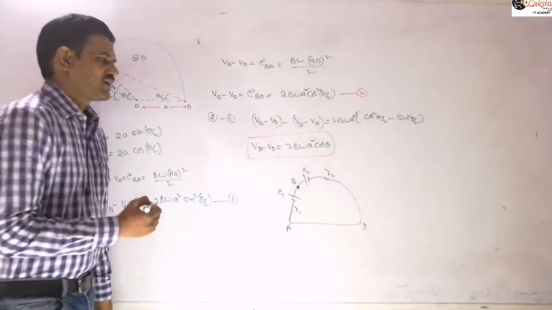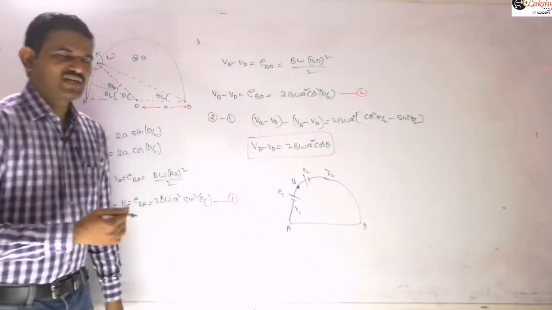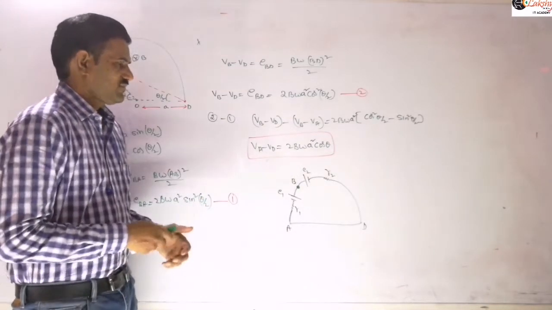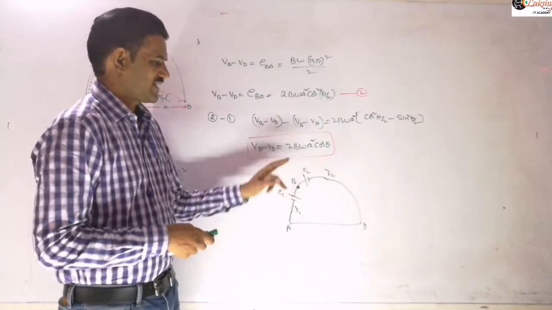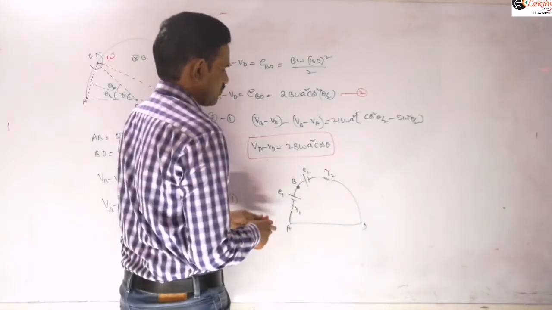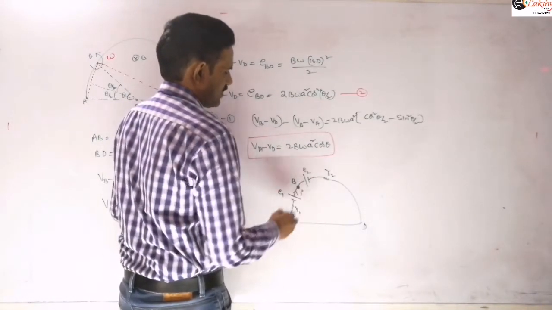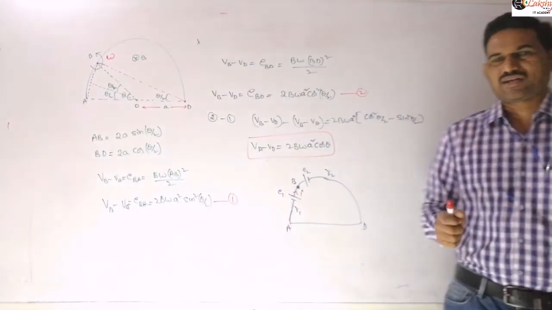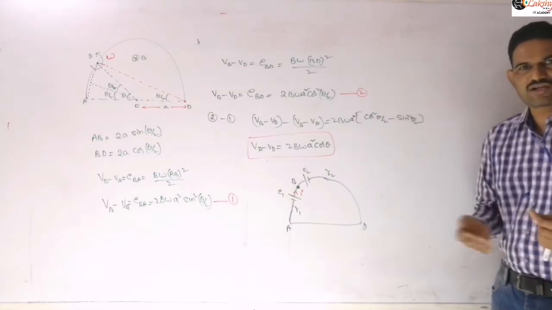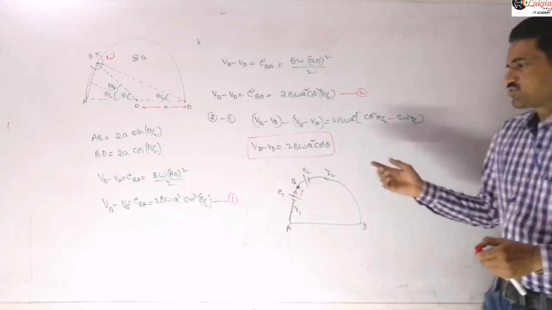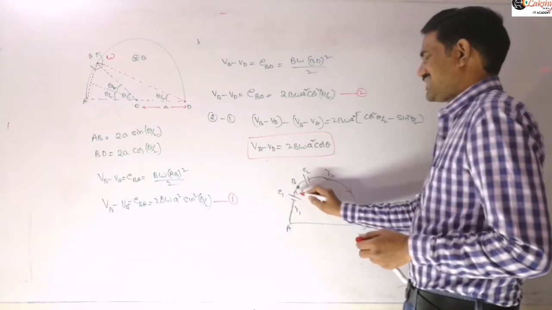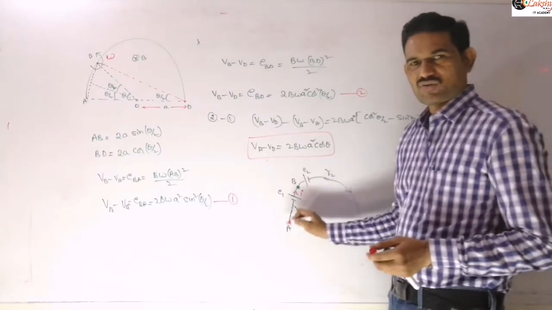Now some current is flowing in that circuit. Suppose the current is flowing along this direction, let us consider here. Whether the current flows clockwise or anti-clockwise depends on the theta value. You can assume accordingly and you will get the potential difference. There is no problem with that. So I am assuming the current is flowing in the circuit along this direction, right? That means we are assuming this cell is discharging. That is what we are assuming here, right?